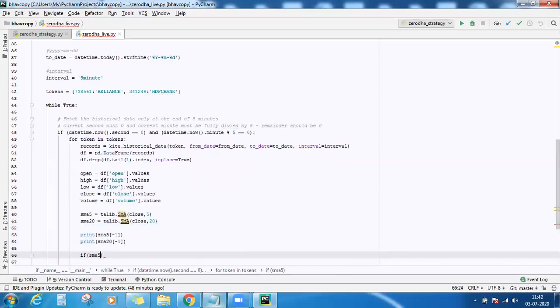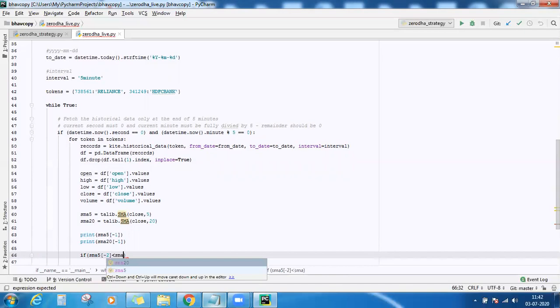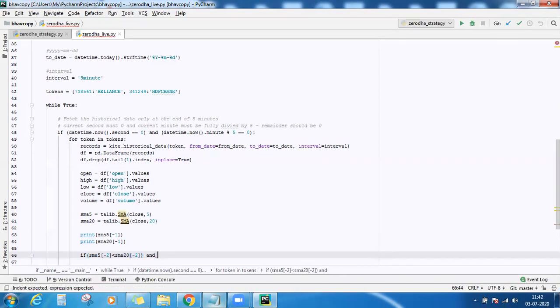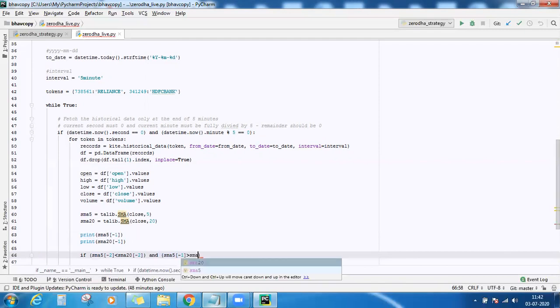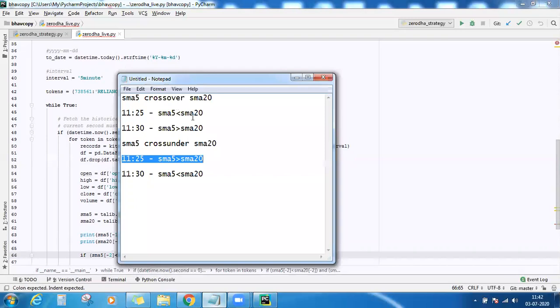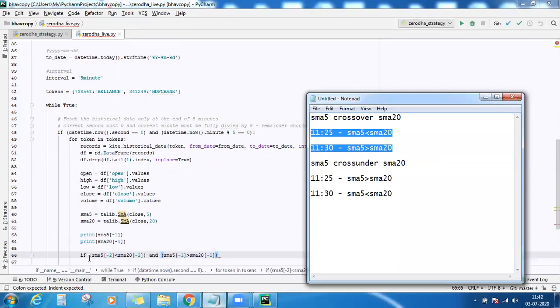So if SMA5 of -2, that means last to last value, is less than SMA20 of -2, and SMA5 of -1 is greater than SMA20 of -1. This is the same condition we have written here. So this is the condition that I have written inside this if.